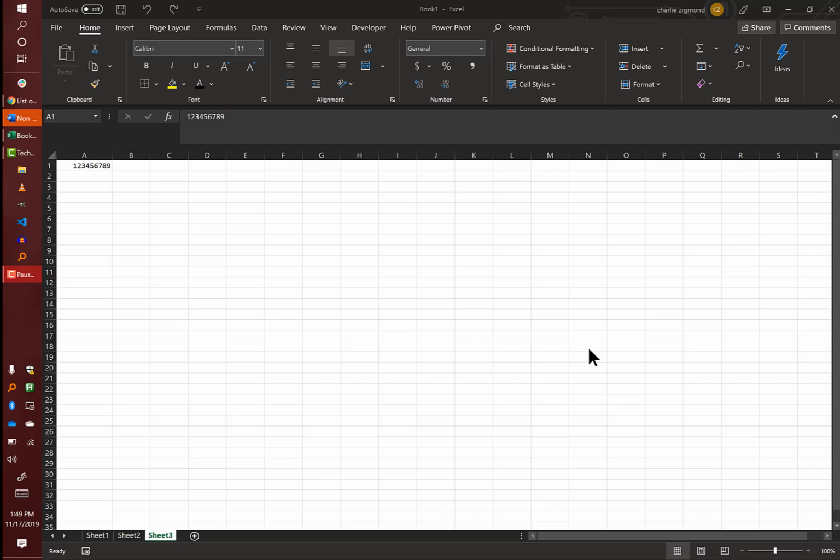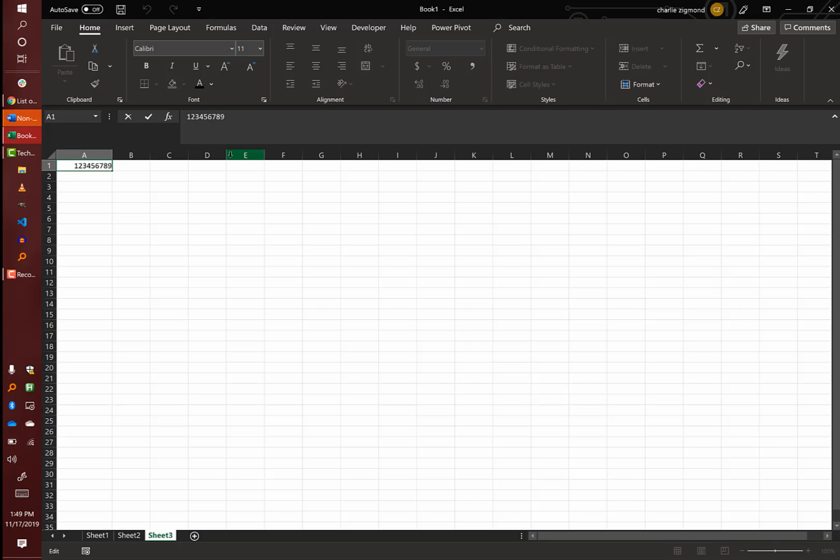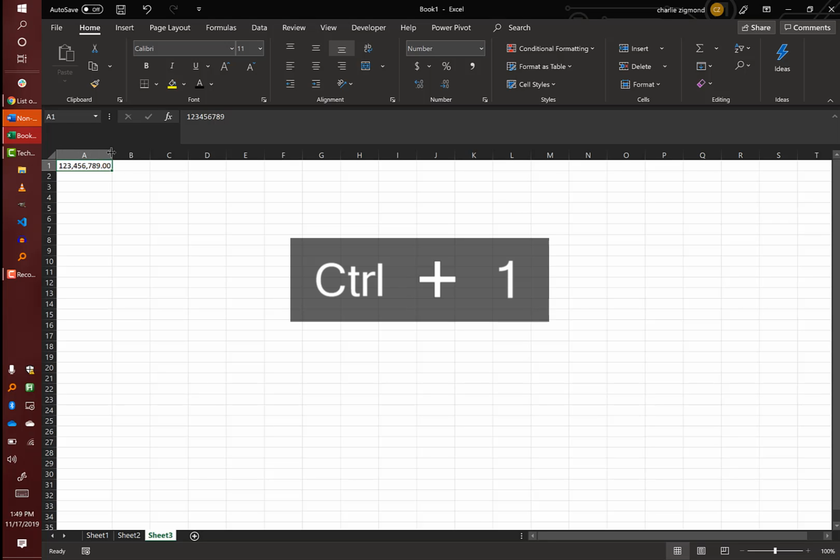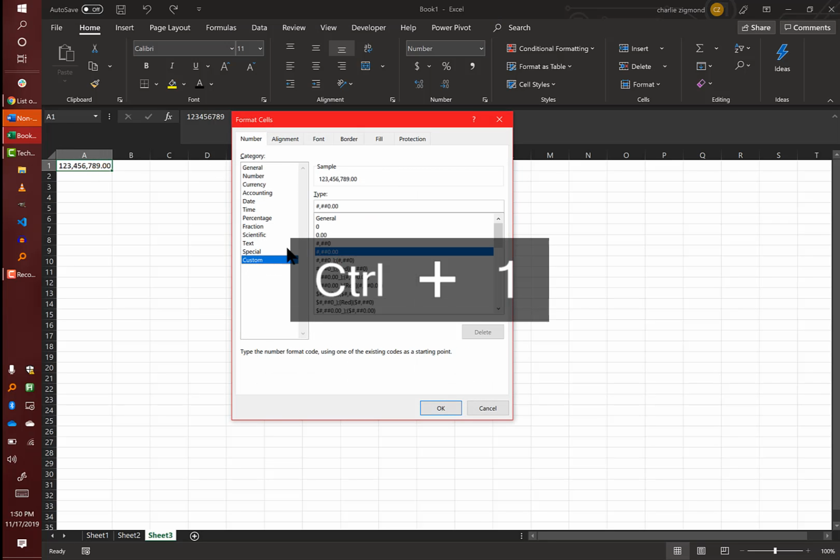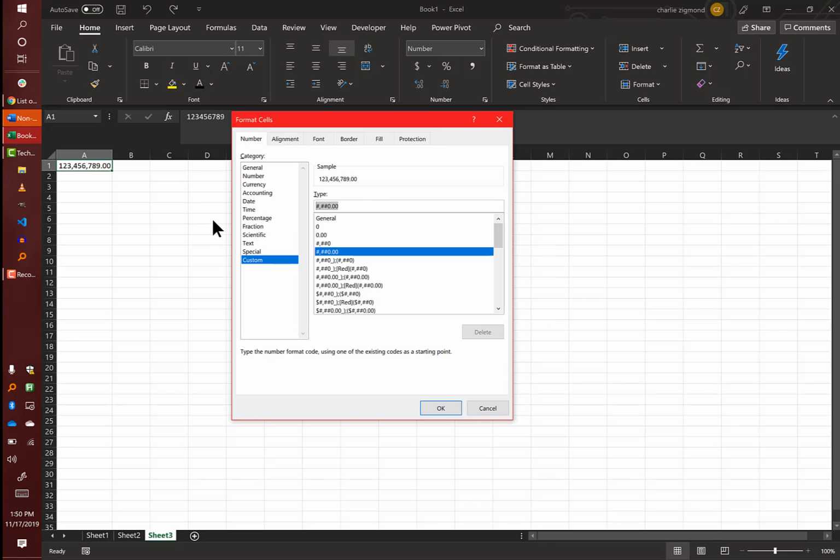Another common issue I've come across working with text before is if you're trying to have an ISBN that is a certain length but starts with zeros, Excel will often try to cut off the zeros because it thinks you're trying to say a number and it doesn't understand that that number starts with a zero. So you can see here if I just hit a bunch of zeros here, it doesn't allow me to. But what you can do to fix that is you can press Control 1, and then you come down here to custom